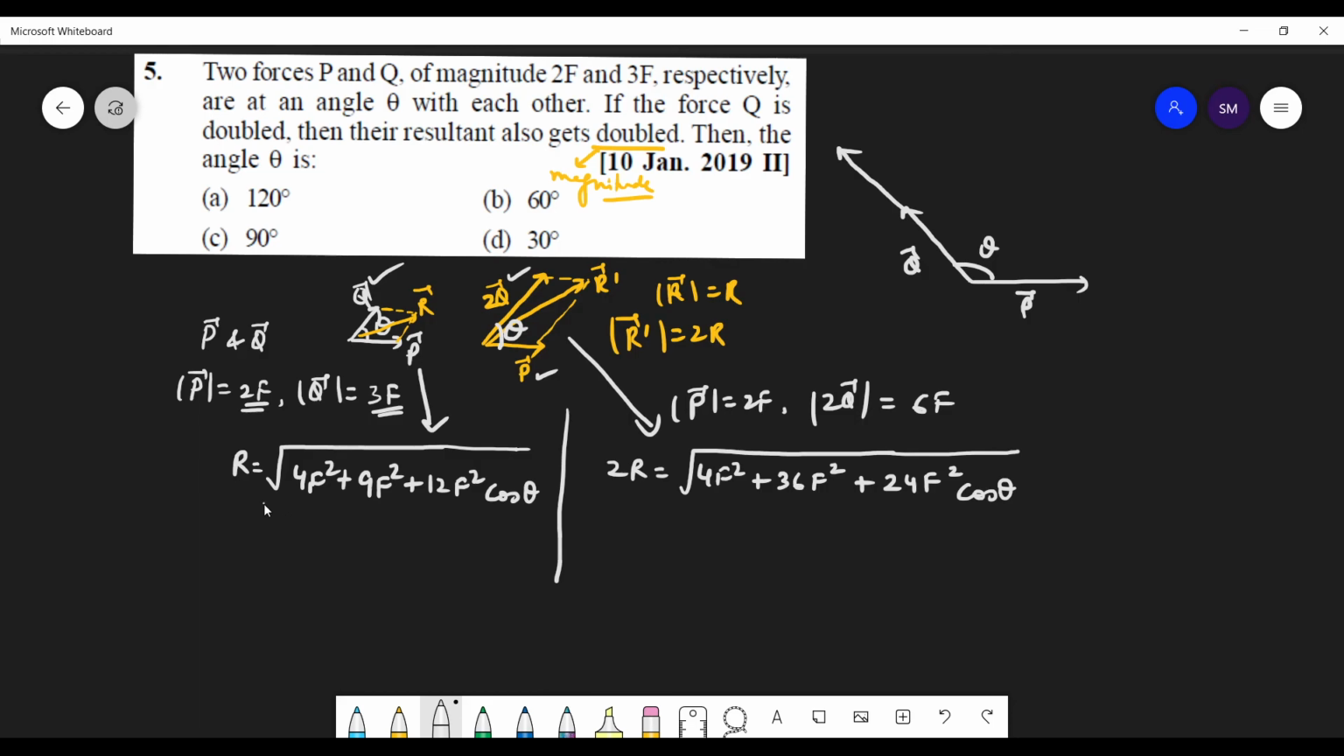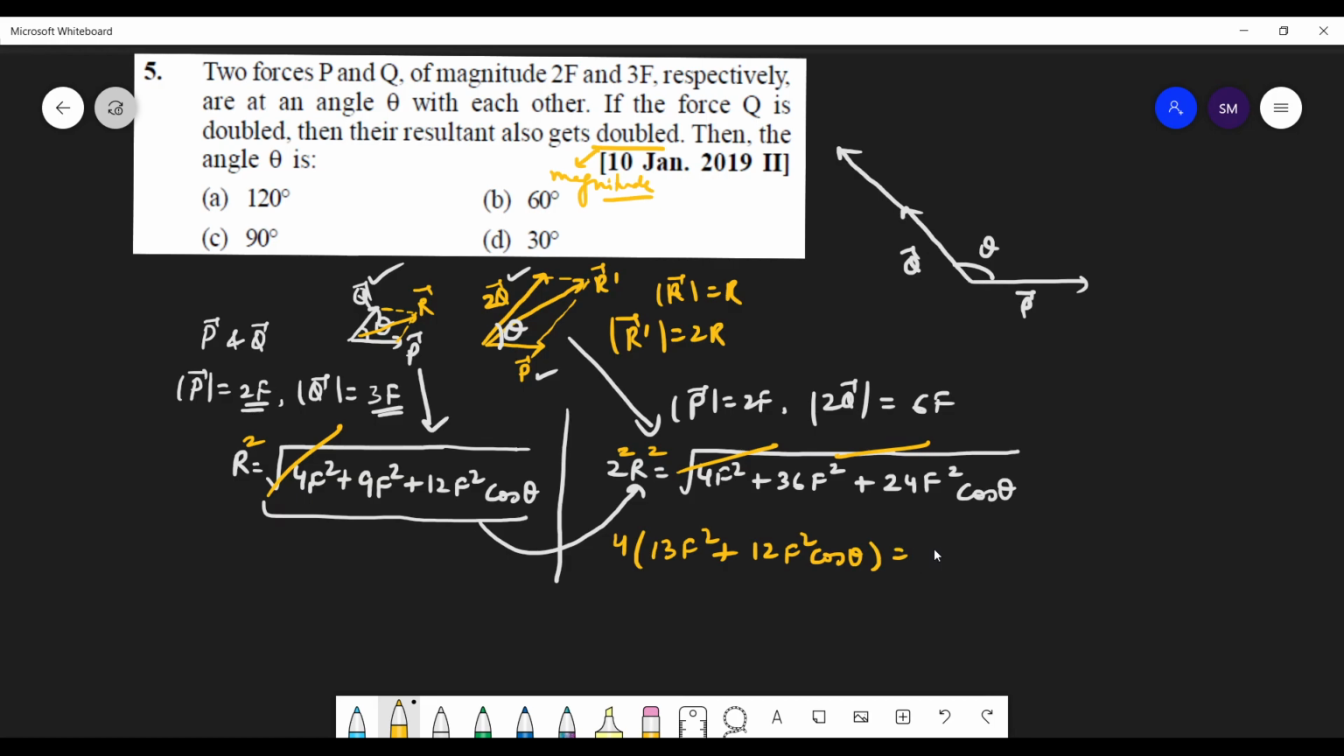That's good. So simply what you need to do is put this value of R over here. As simple as that. We can square both sides. So this is 2 square R square, and this will be removed, right? Put the value of R square instead of R. So you get 2 into 2, that's 4, and R square is your 4F square. So 4F square plus 9F square will be 13F square. So 13F square plus 12F square cos theta